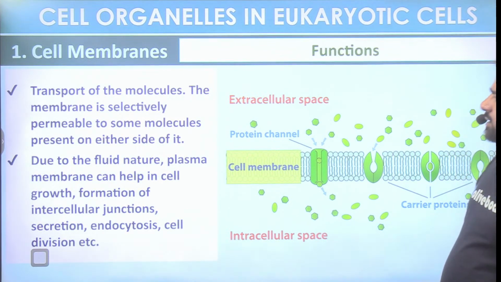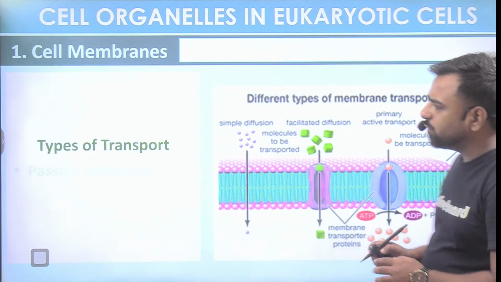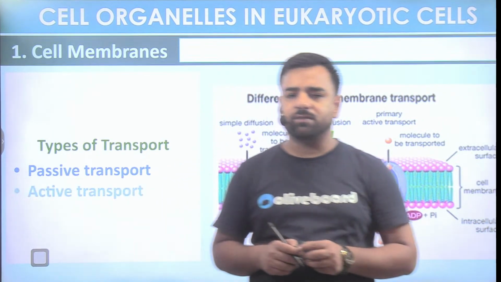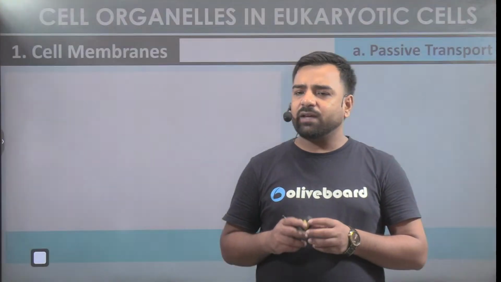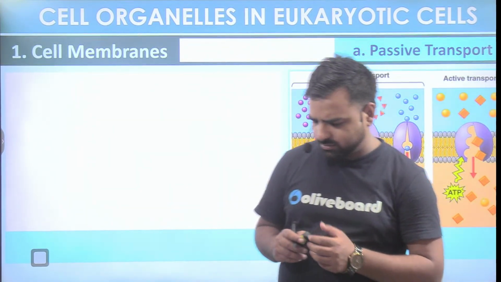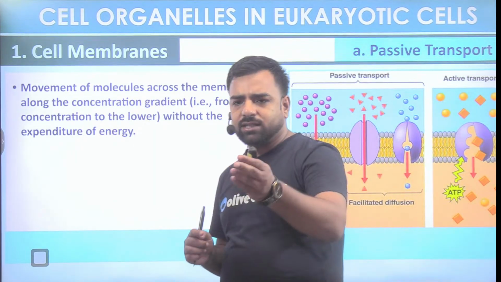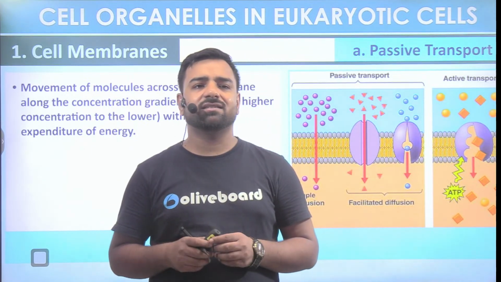So now guys, here if I talk about transportation, there are two types of transport. One is passive transport and the next one is active transport. In order to understand it in a better way, I have a basic example for you. Guys, it's linked with physics. Let me check how many of you can answer this.